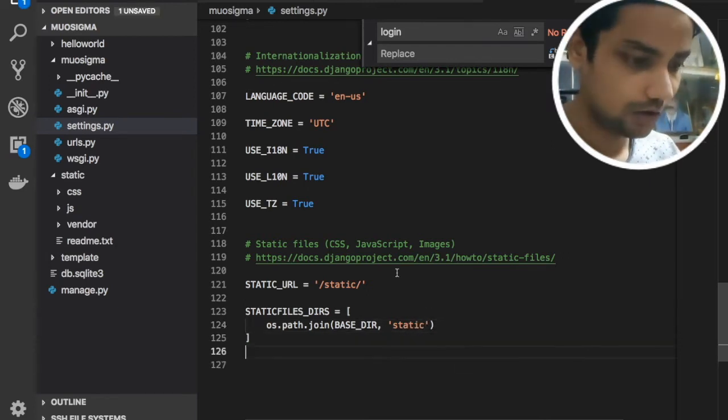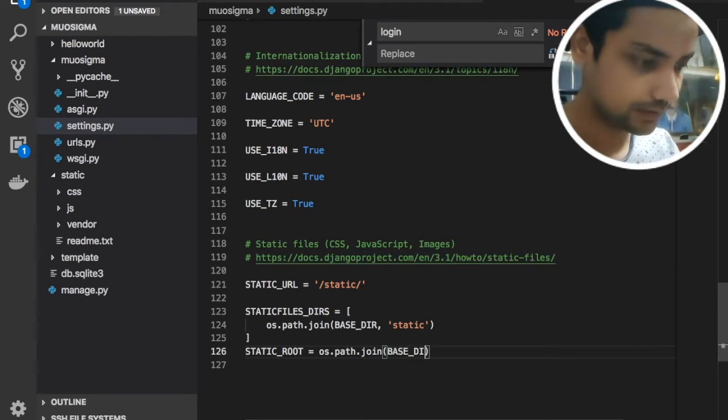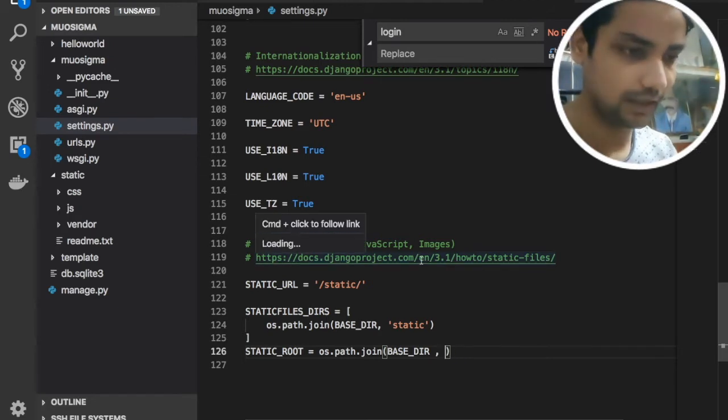Also we need to specify the STATIC_ROOT. It's os.path.join, with the base directory, and then we will have some name under which all the static files will be collected.